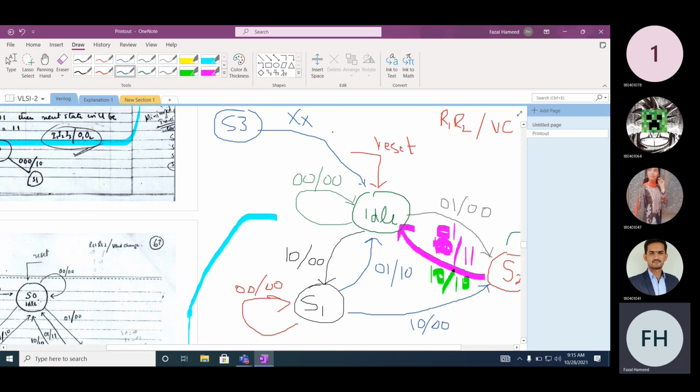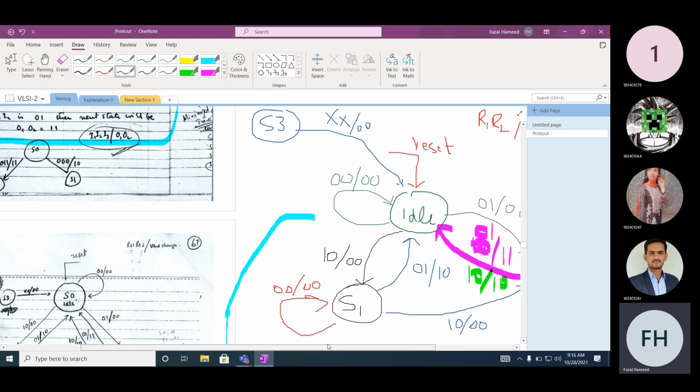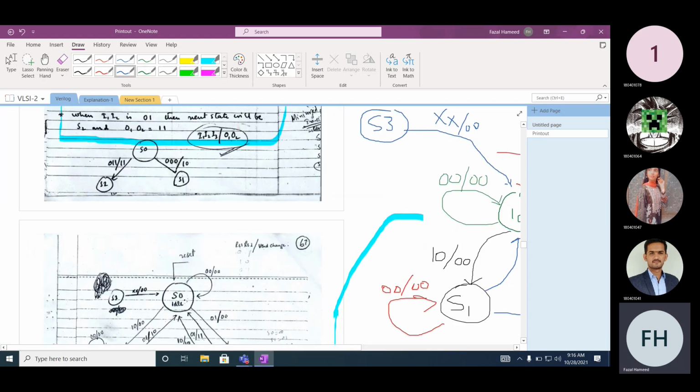But if, due to an error in the system, it goes to state S3, it should not give a vend, it should not give a coke, and it should not give change, and the system will go to the idle state. So now we have also included this state for completeness, and this is true for all of the undefined states. Why have we included this S3? Because we want to store this in flip-flops, and flip-flops can be used to represent 4 states.